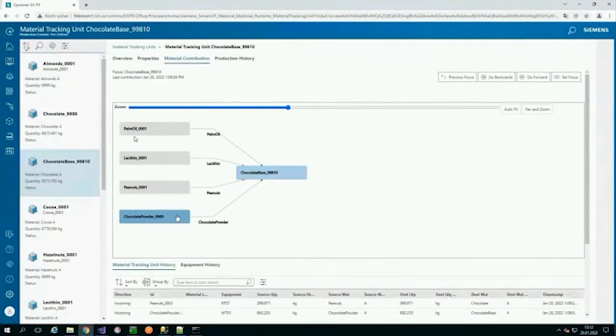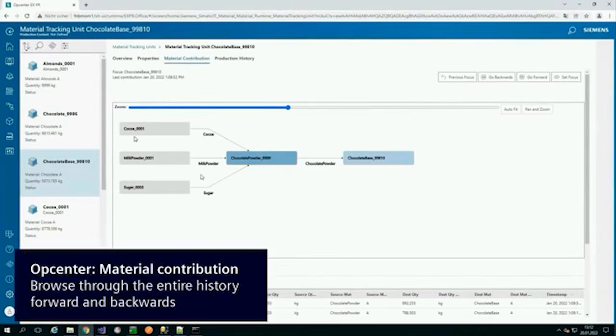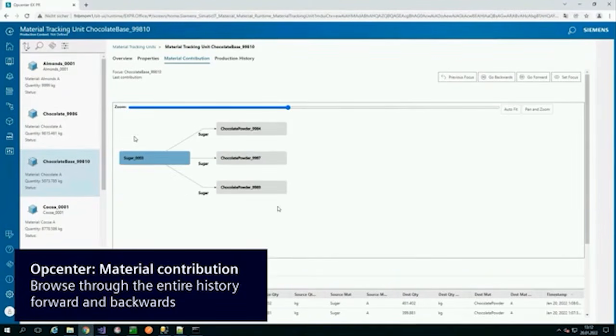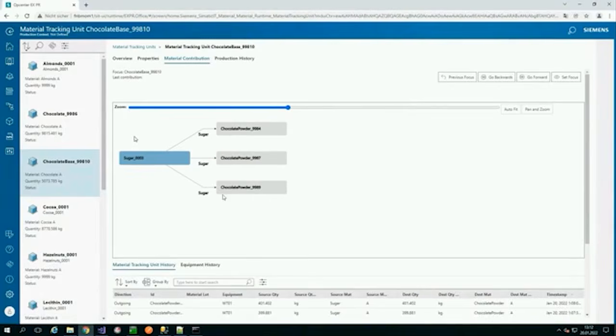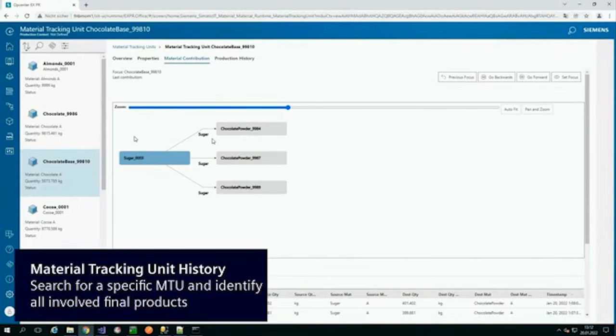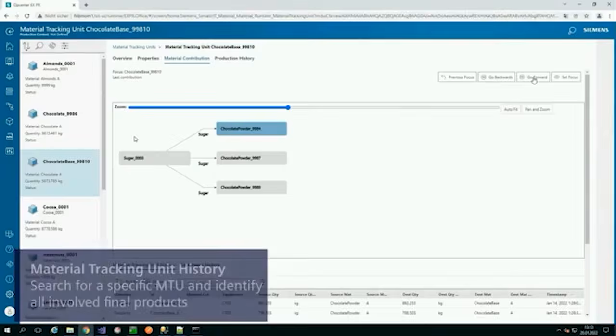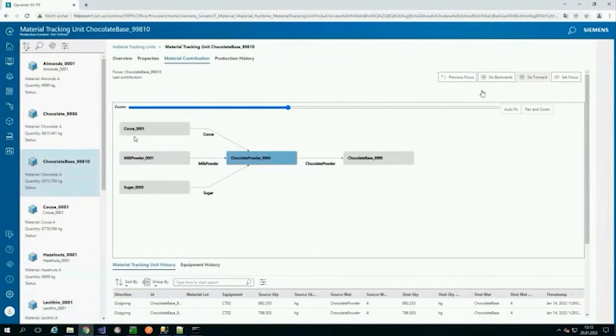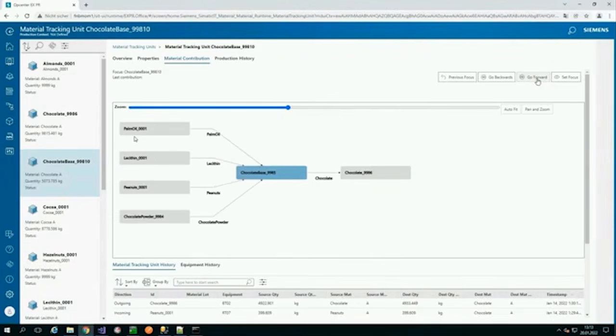Based on this mechanism, we are able to browse forward and backward through the material genealogy and, for example, here identify that we have used the sugar-3 lot for this current batch. And if I want to figure out what other batches are affected, I now have the graphical way of doing it. By browsing forward again, I will be able to find other batches that have used the same lot.